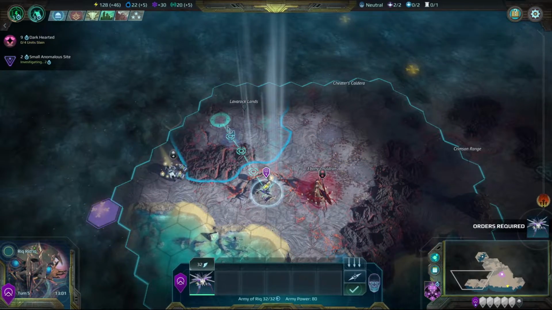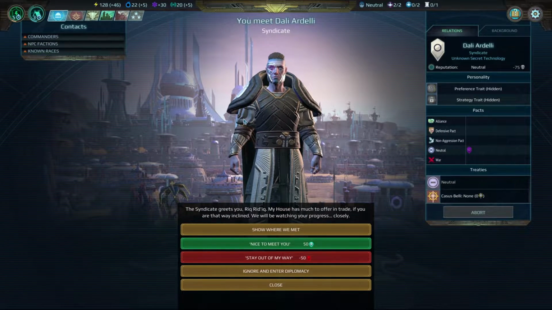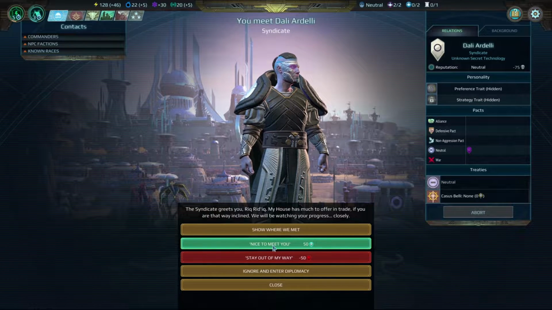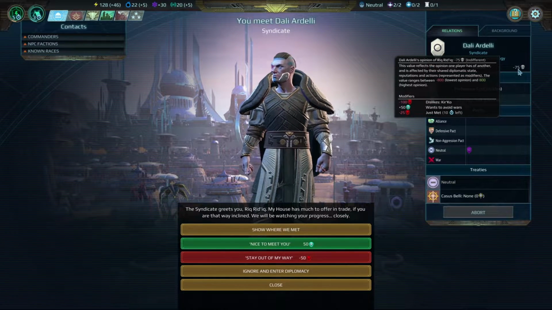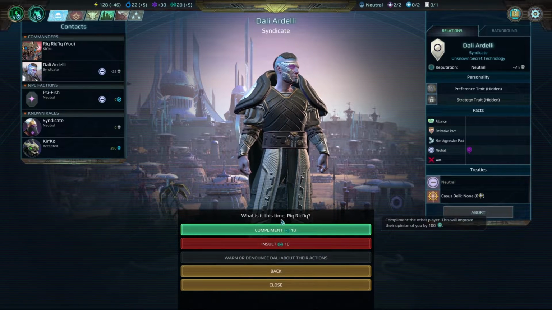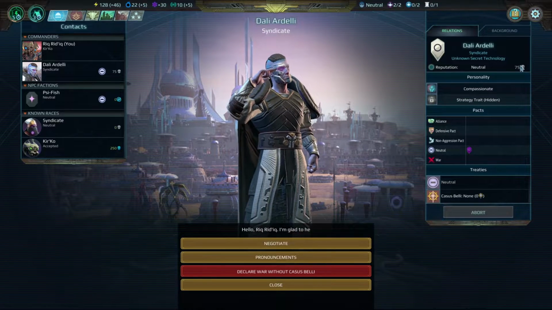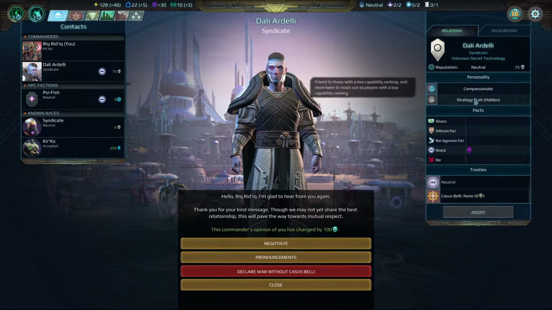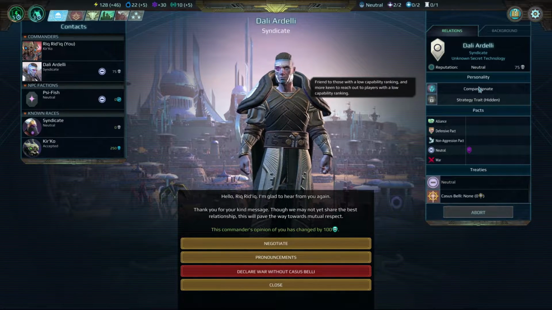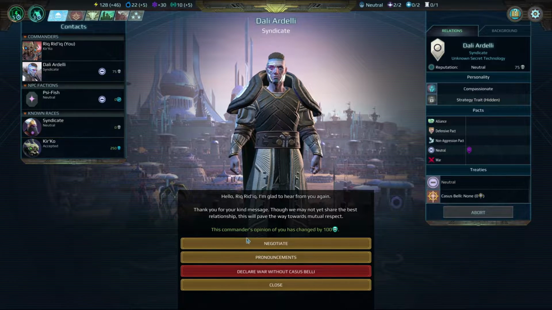And we're basically just looking for people. All right, cool. So you're Syndicate. Hello, nice to meet you. He hates us because he does not like Kir'ko. That's great. We're going to go ahead and spend 10 influence to compliment him, just to make him like us a little bit better. We can't see his strategy yet. We can't see his secret technology, but we do know he's compassionate. So he's probably going to be pretty friendly with us because we start off with a little bit of a lower